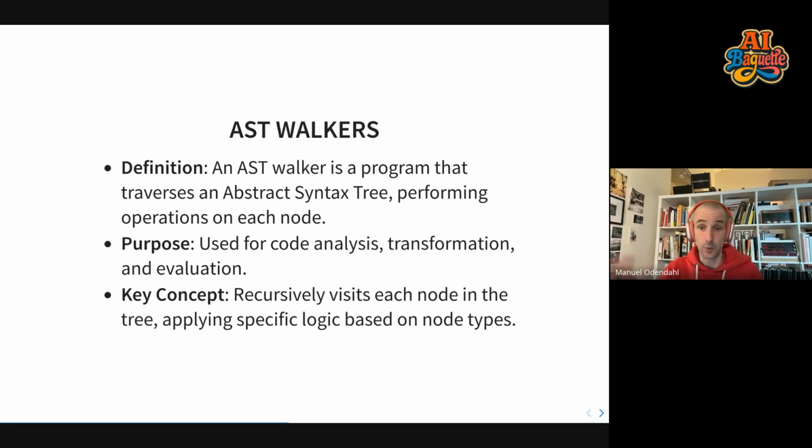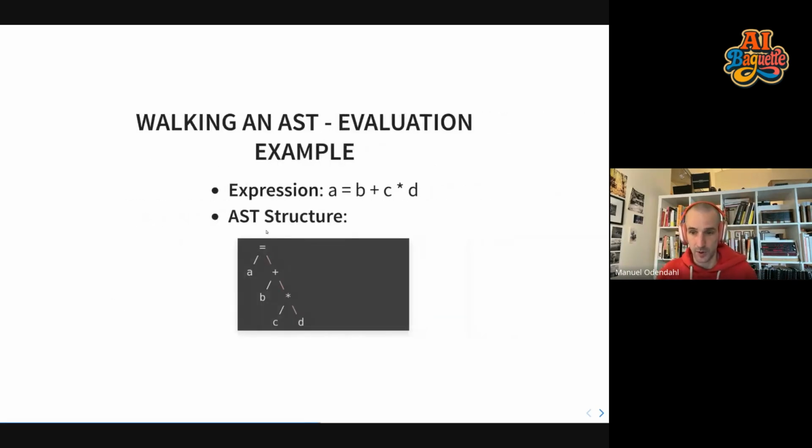So you could say, and we'll get into concrete details, right? You could, for example, add a log line to every function call. You could do much more complicated transformations, which, for example, transform from COBOL to C++. The key concept is that it recursively walks through the tree. So for example, if we have a very simple expression like A is equal to B plus C times D, which has a very simple AST structure like this,